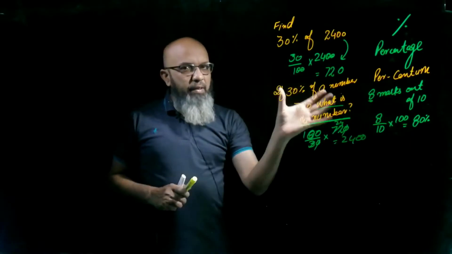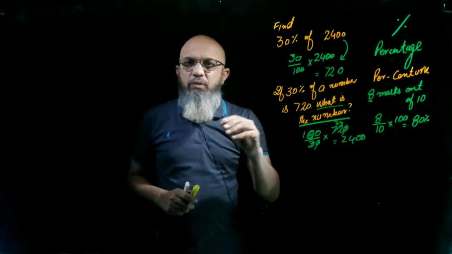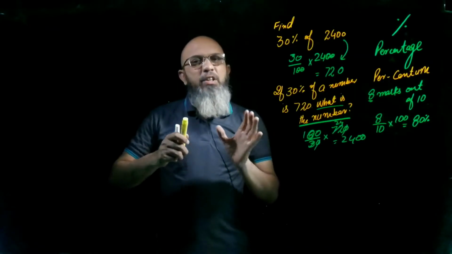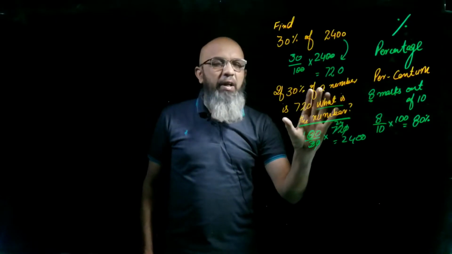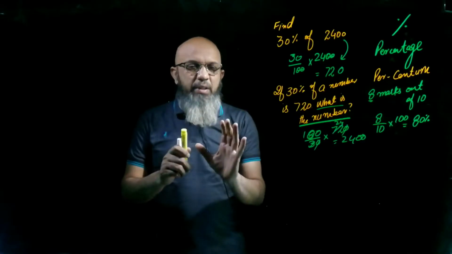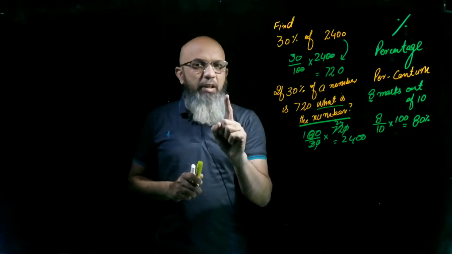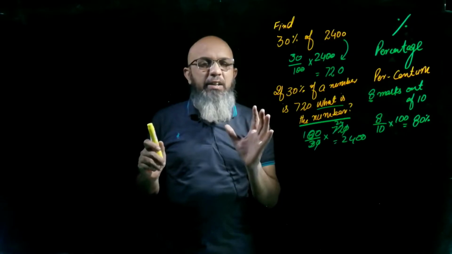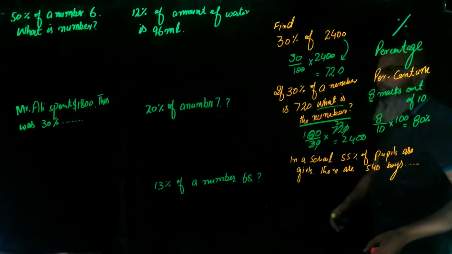In the previous classes, class 4 or 5, you solved questions like find 30% of this one, find 20% of this one, find 50% of this one. Now 30%, 50% or 60% is given to you, and you find the whole value, the actual value of which that is the percentage. For such questions we always multiply by 100 and divide by the percentage portion given to you. We will solve some questions from your textbook so you can easily understand this topic. I write some questions from your workbook, so let's start to solve.